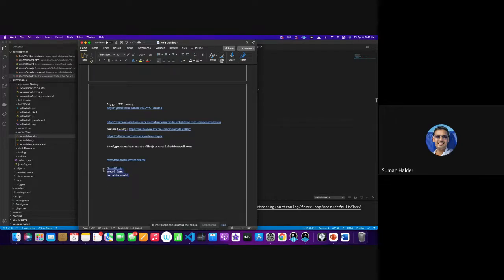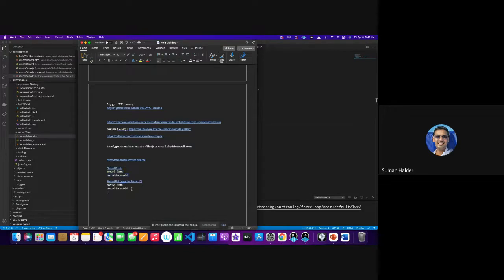And also in the record edit mode, I can also use this one. So here in this case, I pass the record ID, and here I don't pass the record ID. So the same form can be used in both